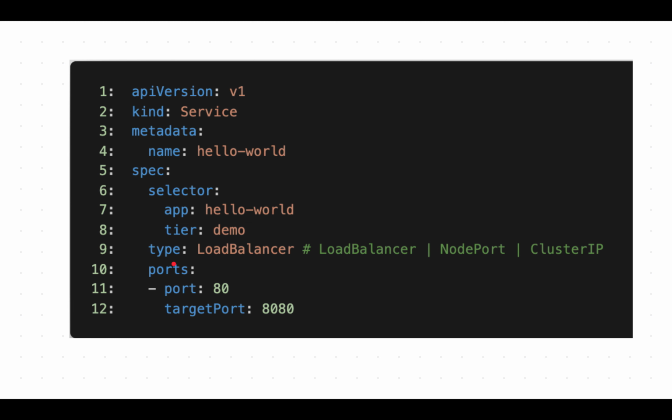Now on line 9, you're talking about the load balancer. The type of service, in this case load balancer, means you can use this to access the application outside the Kubernetes cluster. Then you have other types, the node port and the cluster IP. The cluster IP you can use to access the pod within the cluster, and the node port actually gives you a port on the node the pod is deployed on. I hope that makes sense.